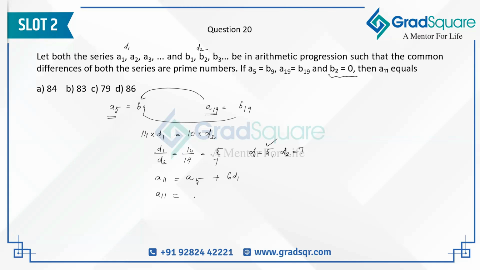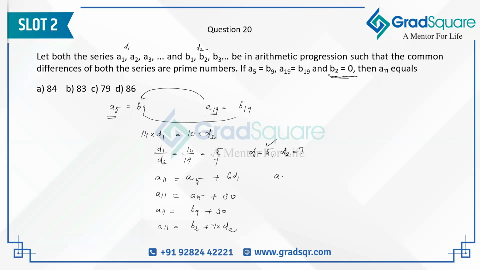A of 11 is equal to A5 plus 6 into 5, which is going to be 30. Now, how do I replace this A5? I know that A5 is equal to B9. Okay, I'm putting in terms of B because B2 is known. So A11 is equal to B of 9 plus 30. Now what is B of 9? B of 9 I can express in terms of B of 2 plus 7 times the common difference in the